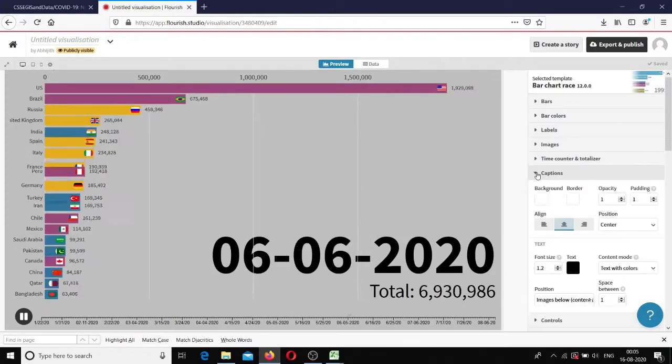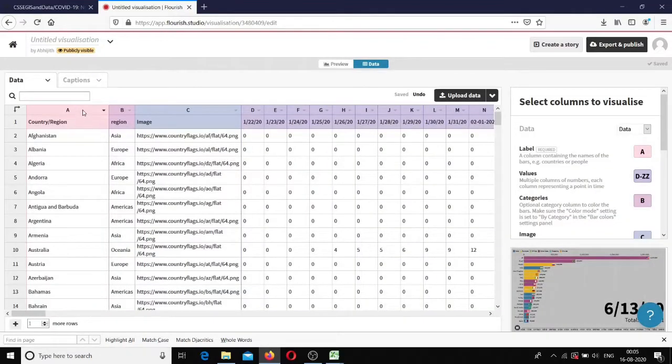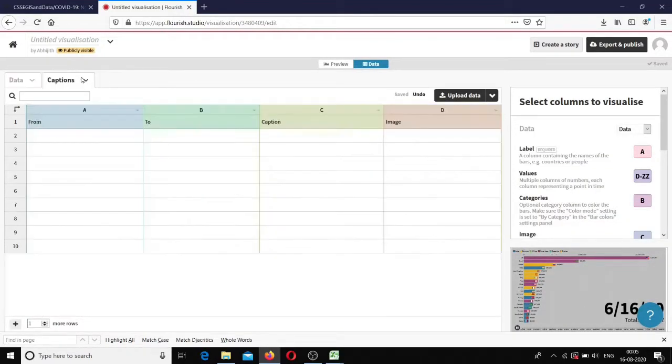And if we want, we can add some captions also. That option is also provided here, captions. Here we can provide what caption is to be displayed during what time. We can provide the start date, end date, and any caption which is required.